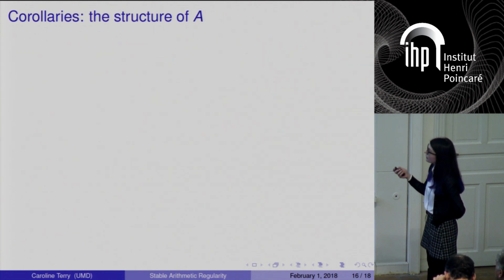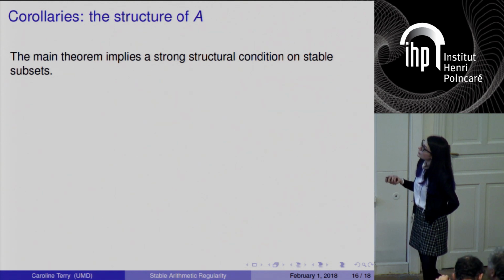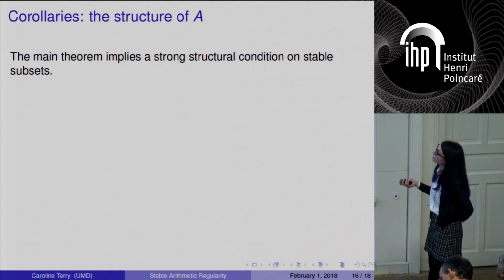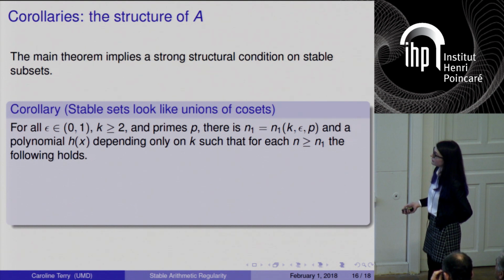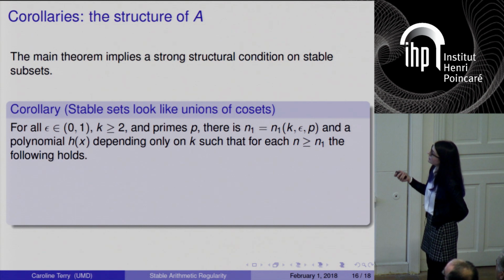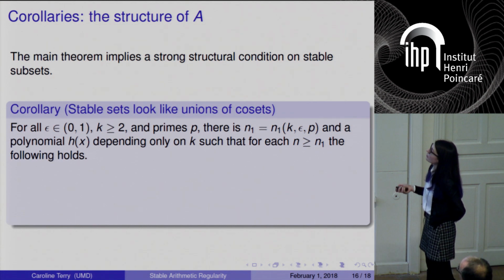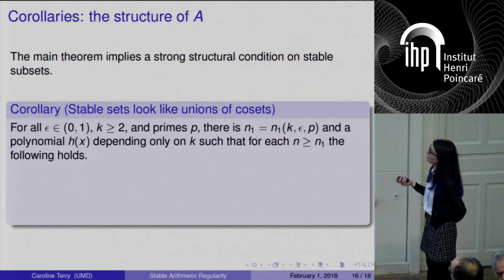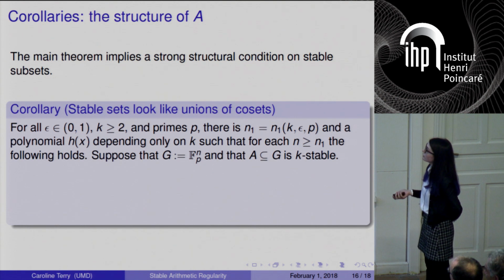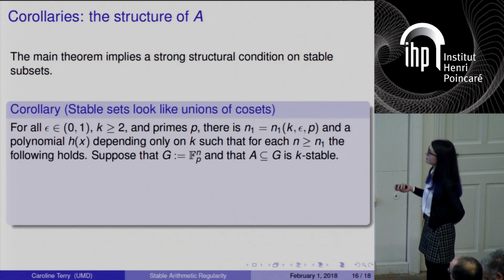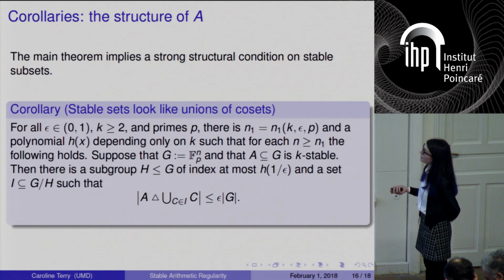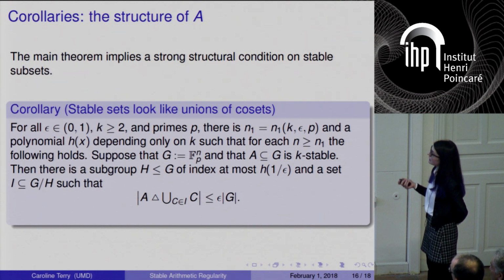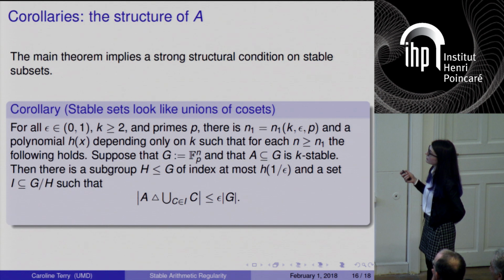Okay, we have another corollary. The main theorem also implies a structural condition on stable subsets. You give me an epsilon, a k, a prime. I can find an n1 and a polynomial h(x) depending only on k, so that for each n bigger than n1, the following holds. Suppose G is F_p^n and A is a k-stable subset of G. Then there's a subgroup H of G of index h(1/epsilon), so index polynomial in 1 over epsilon, and a set